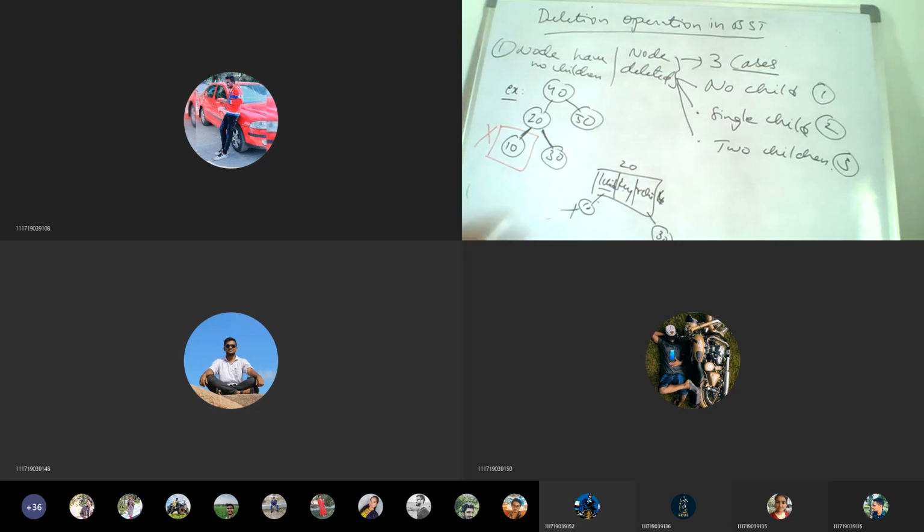When I want to delete this, what are you supposed to do? You have to make its parent's left child null or 0. If you can make its parent's left child null or 0, then it is deleted. Is that clear? Again I repeat.